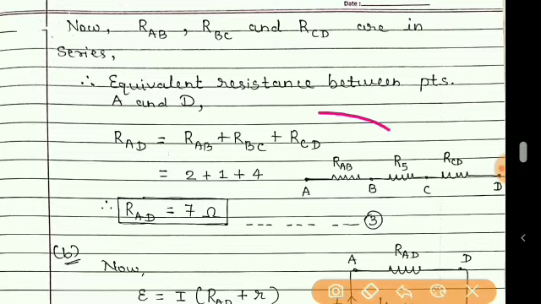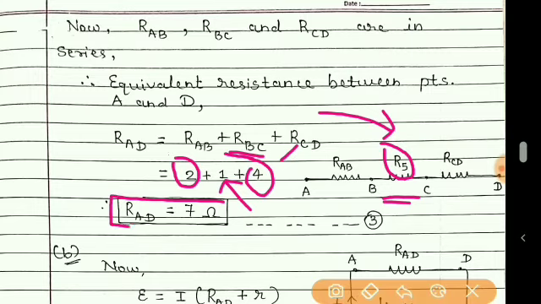You can see this equivalent figure also. Now we have obtained RAB is equal to 2, RCD equal to 4 and RBC, which is named as R5 between B and C, that is given 1. And so the resistance between points A and D is 7 ohm, as these are in series. Let us give this equation number 3 so that it can be used later.